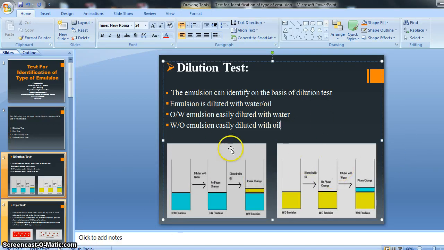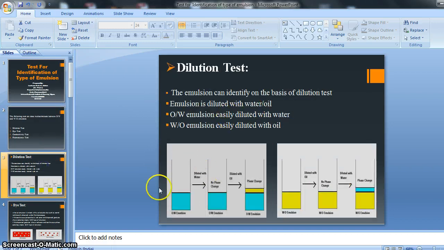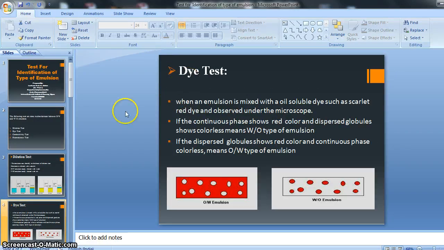I think you understand it. Then afterward our second test is the dye test.